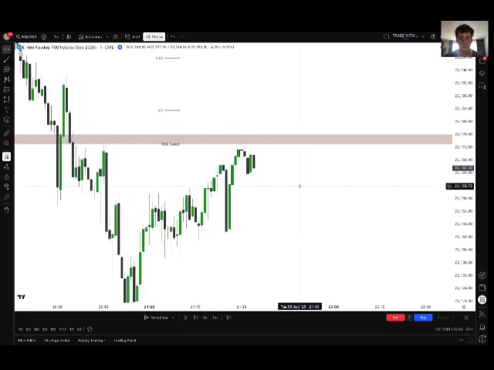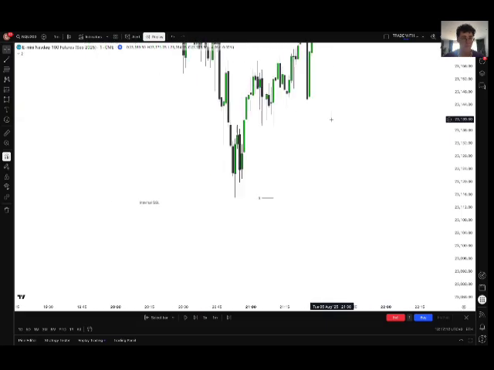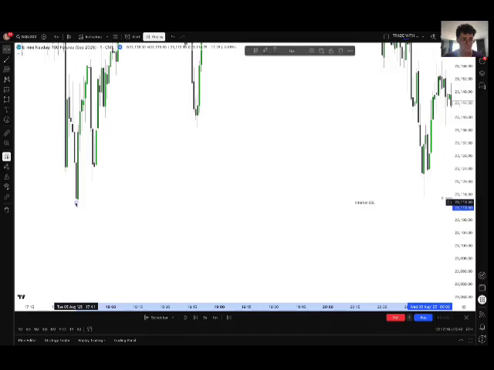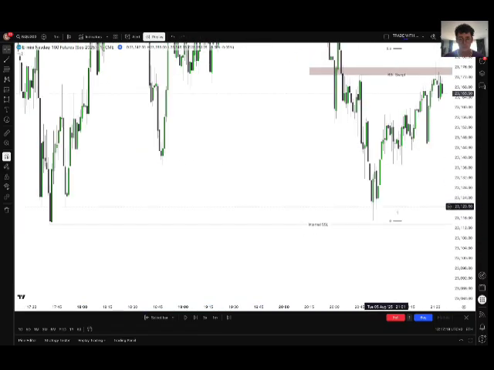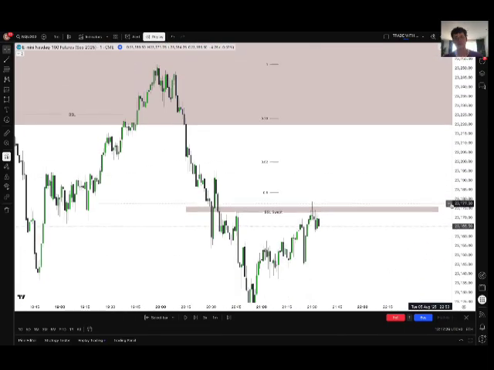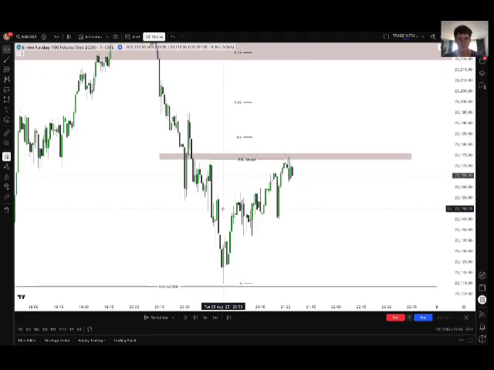Now, what I want to see, since price retraced back inside this 15-minute and 30-minute and buy side liquidity has been swept, now I would like to see these lows get hit. Okay, we have relative equal lows. Why didn't we take out this low here? Because we created 15-minute gaps, and when we create 15-minute gaps, bearish or bullish, that can act as liquidity, and price will then take the opposite direction. Perfect.